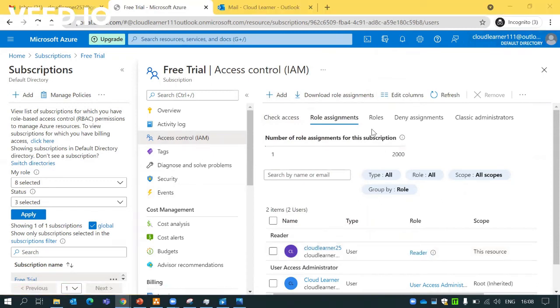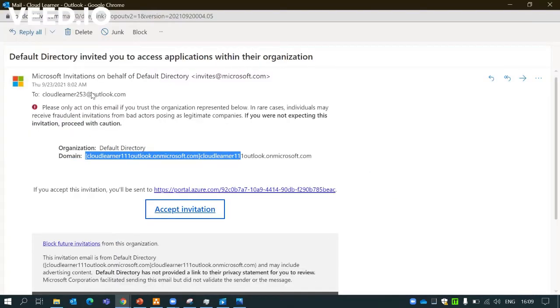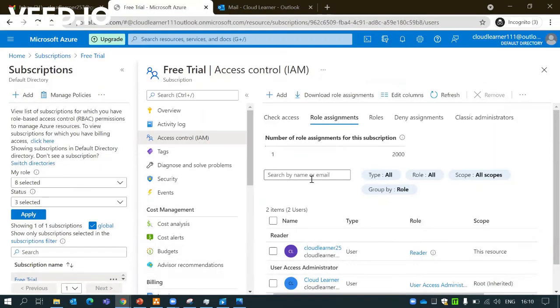After we add a user to the subscription IAM, the user will get an email of invitation acceptance for the directory. This is how the invitation will look once you are invited to any Azure Cloud directory. You'll get the invitation in this format. Once you click on accept, you will be able to access the directory and the subscriptions. Once you accept the directory invitation, you can log into the new account which you added here, and verify whether you are able to see the directory as well as the subscription.